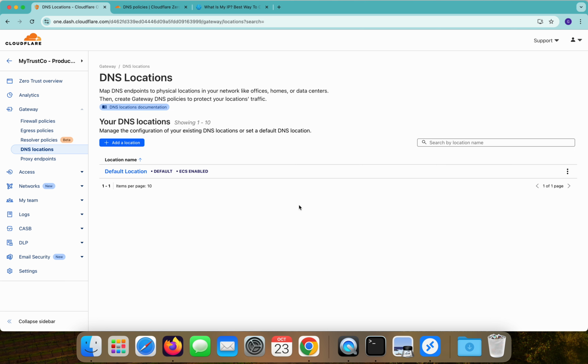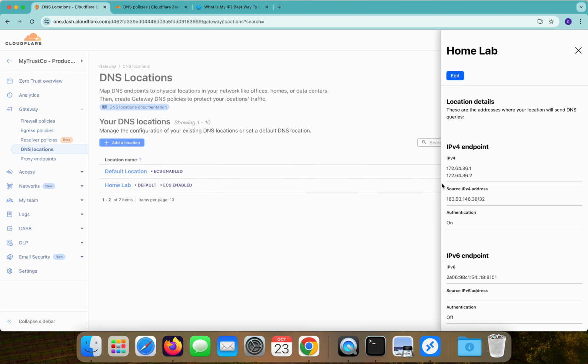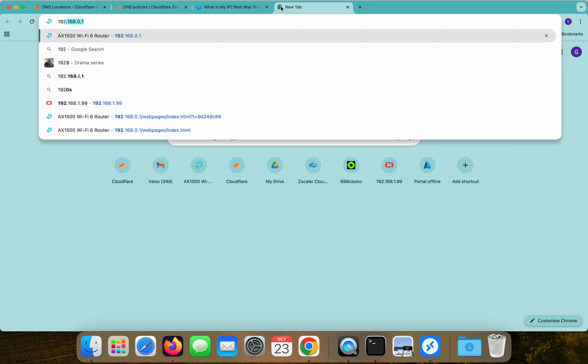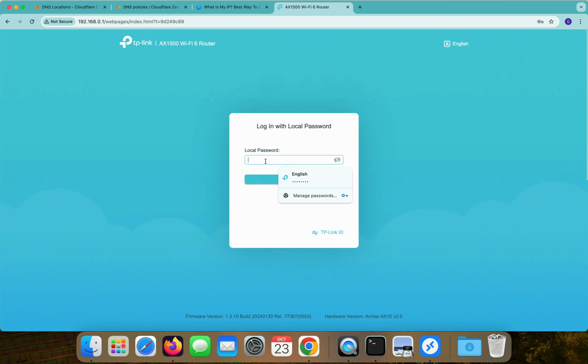Let's refresh and see. Okay, here we go. We see the DNS lab location. What I'm going to do now is configure 172.64.36.1 as a DNS resolver in my home router. So let's go to 192.168.0.1. I'm going to put the password